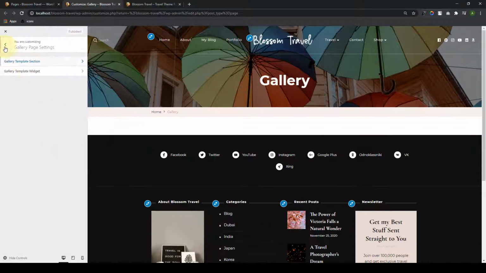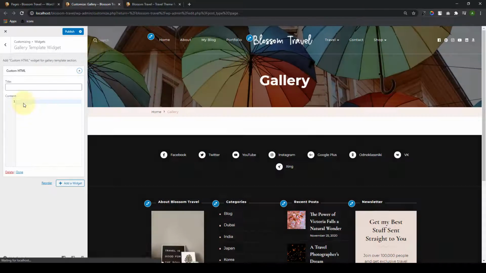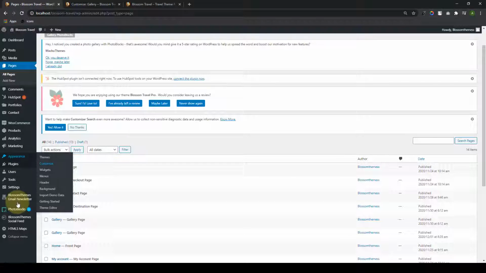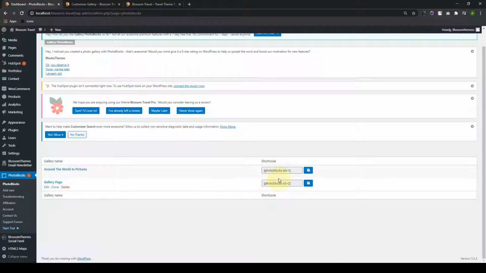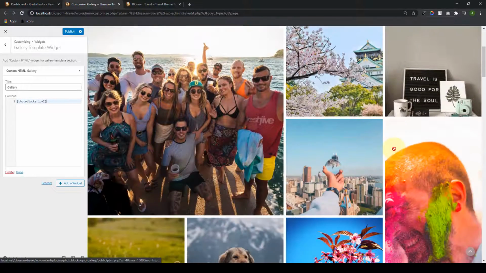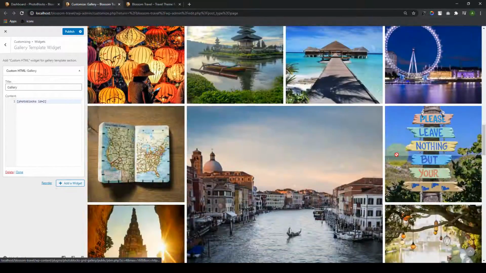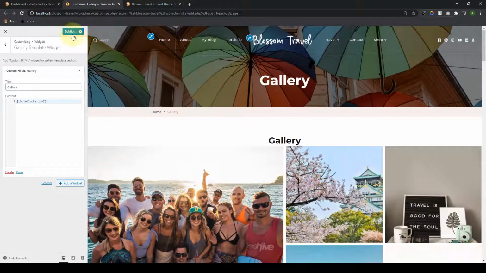Click on publish, and now under the gallery template widget, again go ahead and add custom HTML widget. Click on it and add in the title. And now go back to the dashboard and click on photo blocks. So here for the gallery page, the shortcode we have here, copy this and paste it over here. And as you can see, all the images that you had added for your gallery section, your gallery page, is now showing. Let's go ahead and click on publish, and